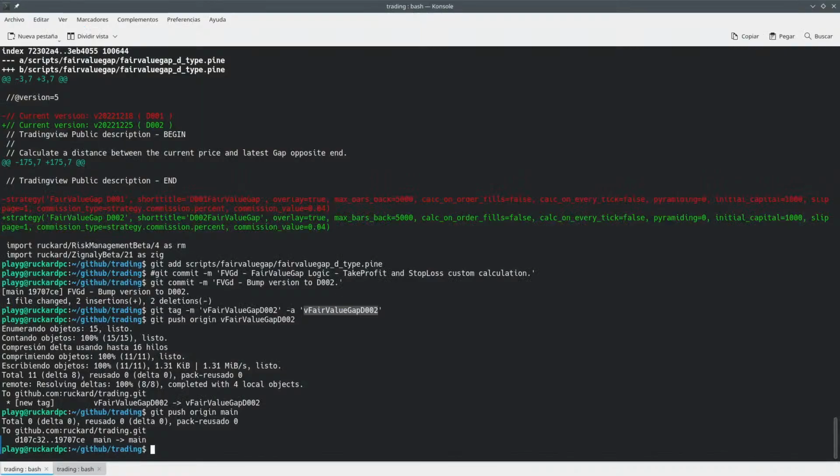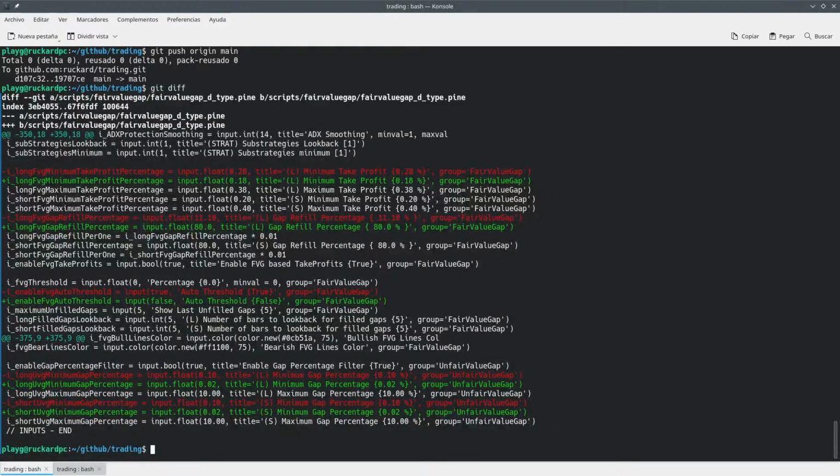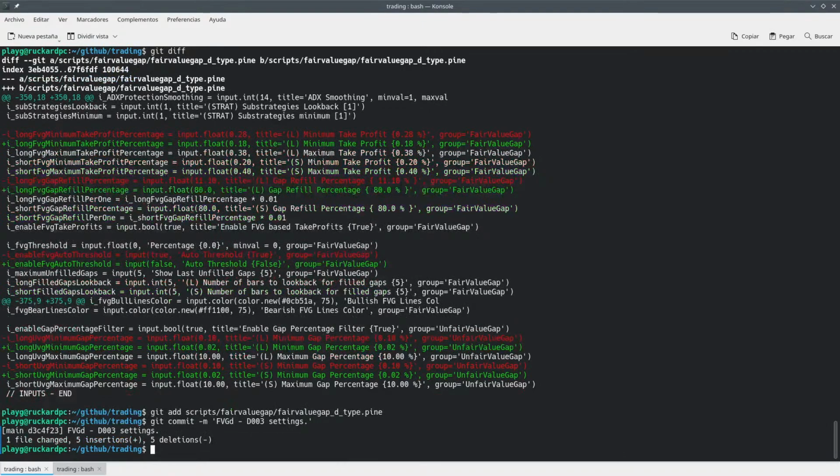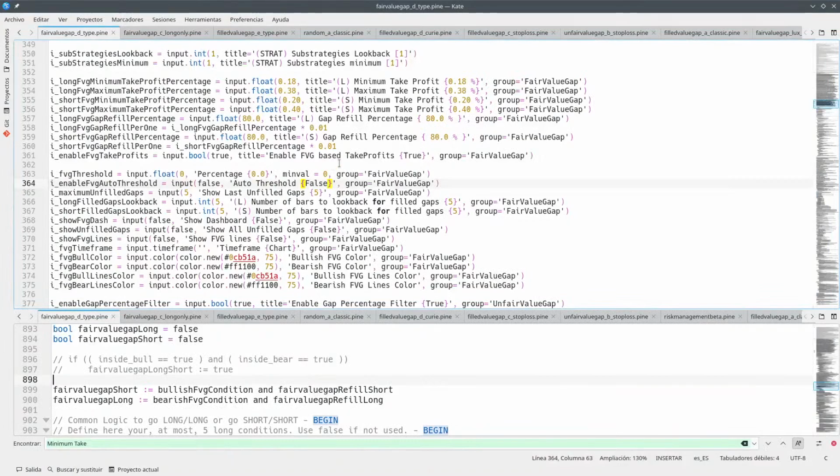So now we should be able to have all of these changes here. Fair value gap D. Okay. And yeah, that's it. So this is D3 settings. Okay. And now we want to change this to